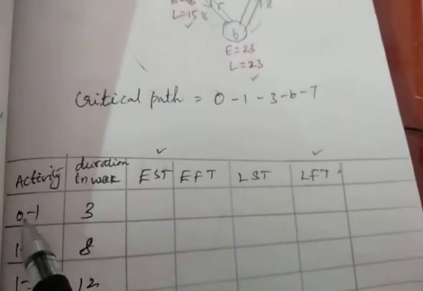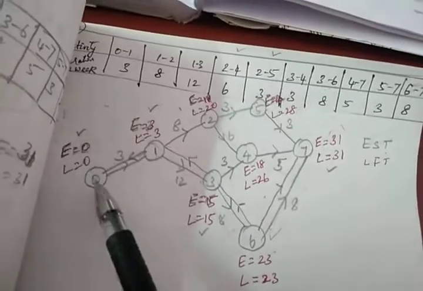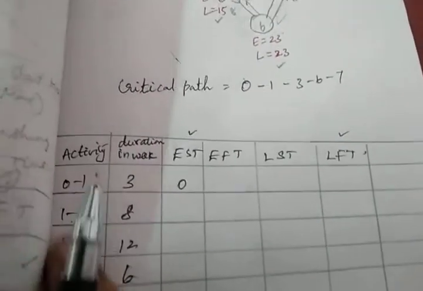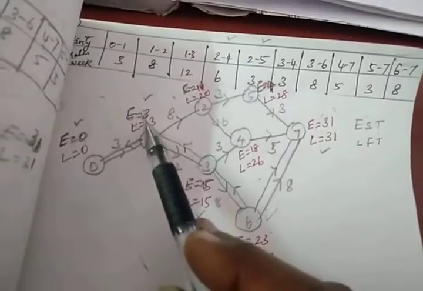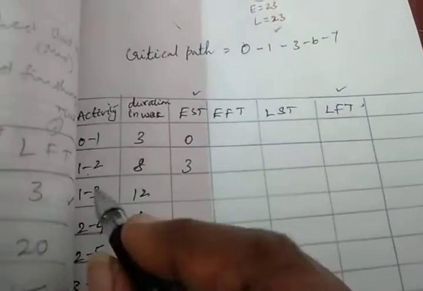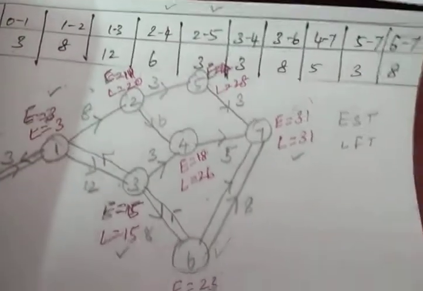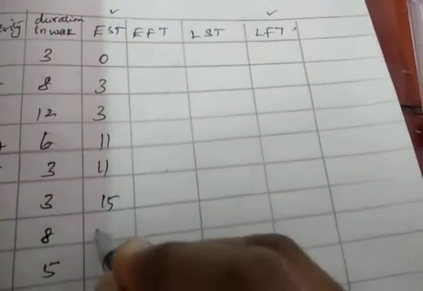This node value 0 is your node value. So find out the E value in that and fill it up. So it is 0. For 0 it is 0. Next for 1 E value is 3 and you have to fill it up as 3. Next one also it is 3. Next it is 2. For 2 it is 11. So fill it up as 11. Here also 11. For 3 it is 15. So fill it up as 15. These two columns.